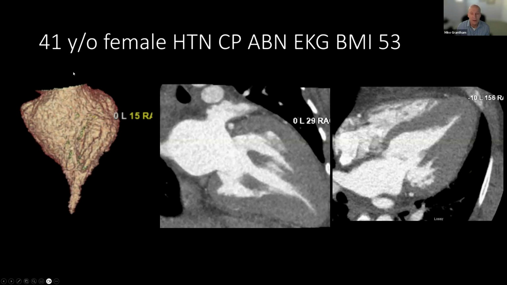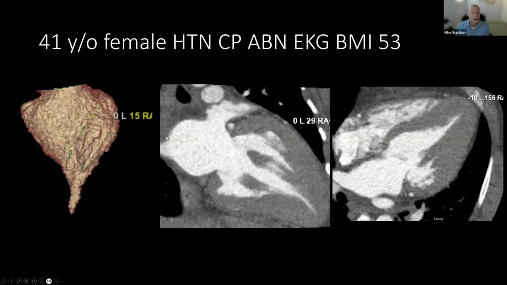This was a young patient, so they're likely to have a low calcium score, and she had a low heart rate. Her heart rate was 50. So we did her, and this is even on our old tube. So we used 0.35 rotation speed. We used 140 kV, and we still got a diagnostic study, even though she was well over our BMI cutoff